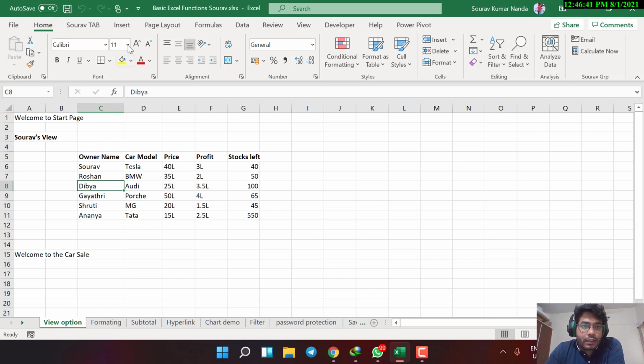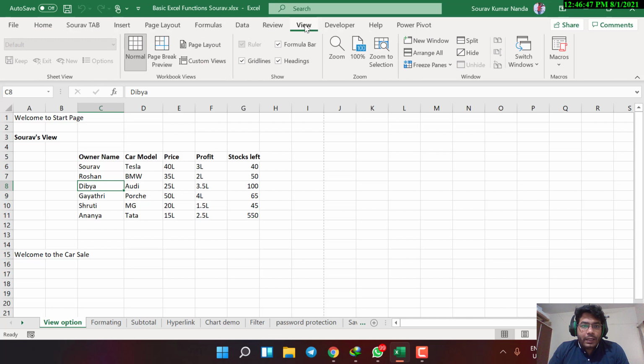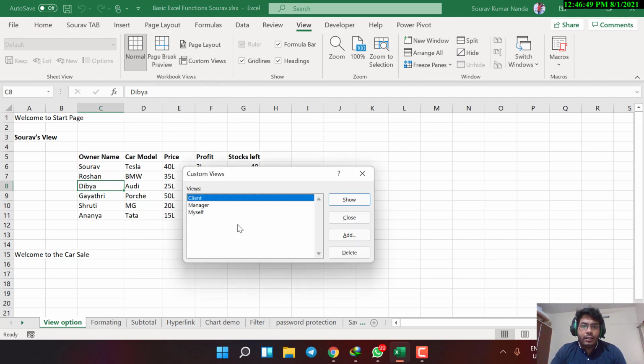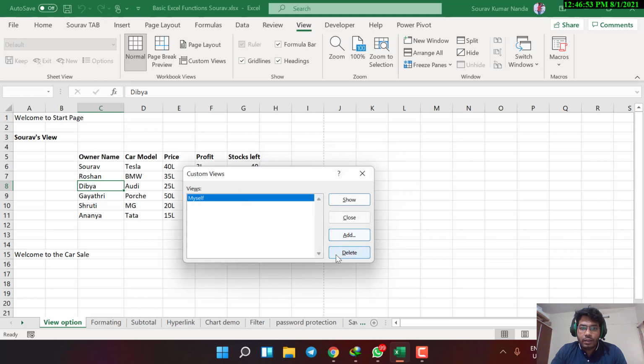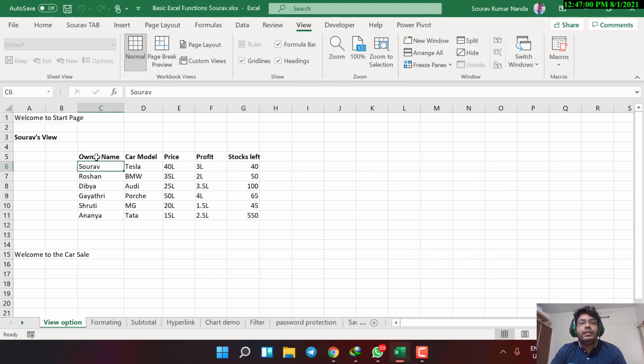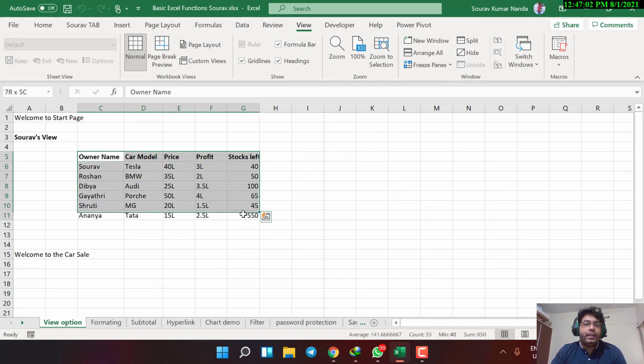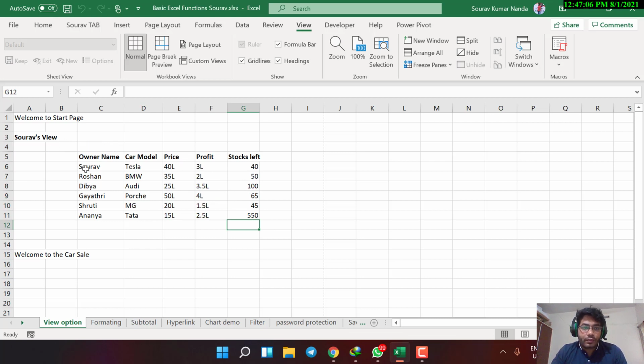So let me show you. In the view option, we'll have custom views. I'll delete whatever I was having. Let's say this is all the data that I have and I need this for my own use.